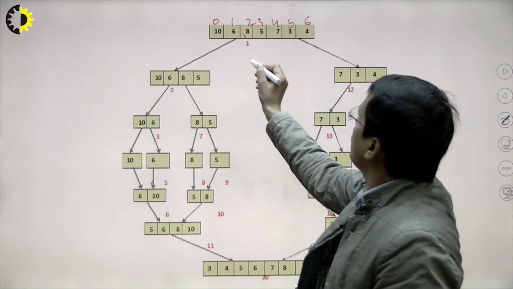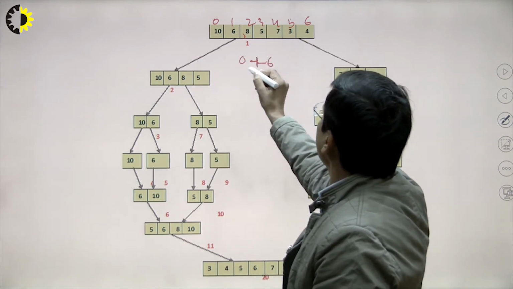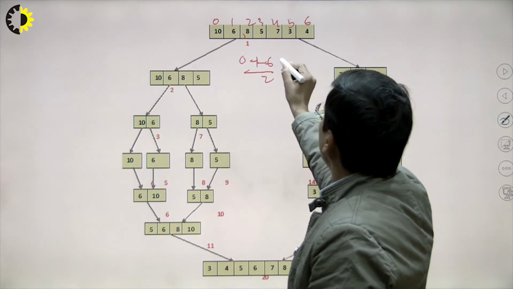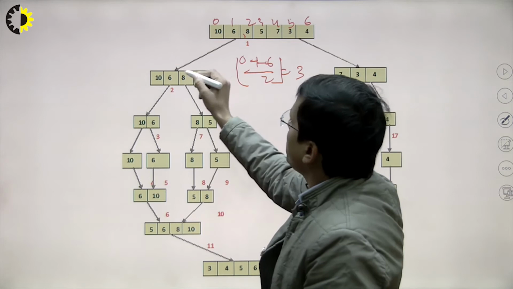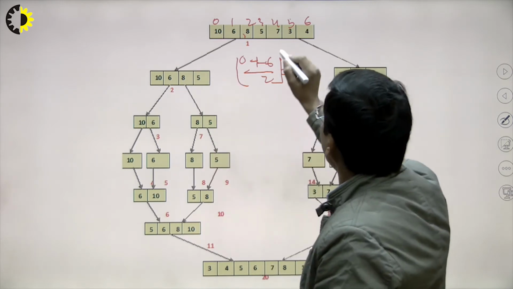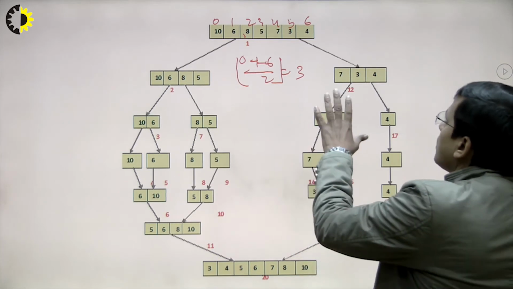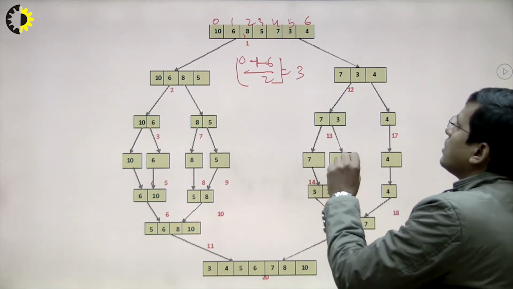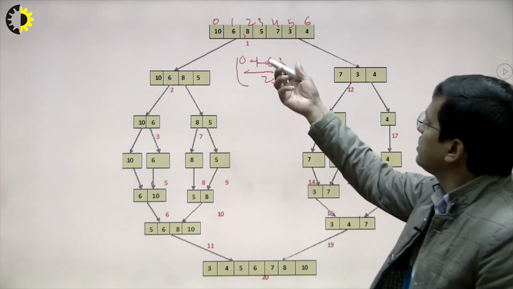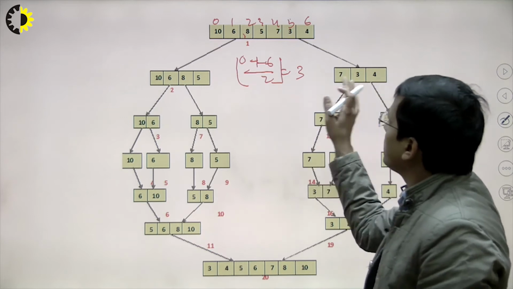Now first of all we have to find the middle element, that is 0 plus 6 divided by 2, so that is 3, the lower bound of this. So 0 to 3 will be in the first list, and after 3, that is 4, 5, 6, will be in the second list, right? So this is the case when applying the division with an odd number of elements, so that's why the division takes place like this, right?